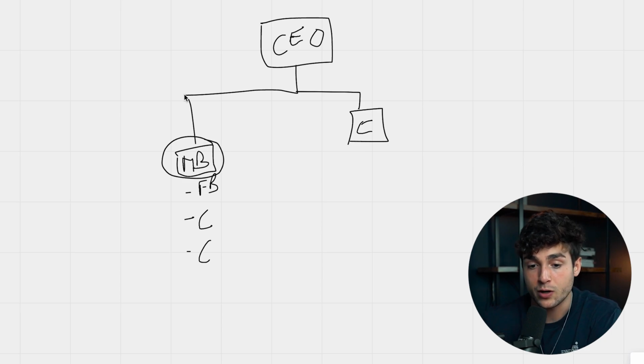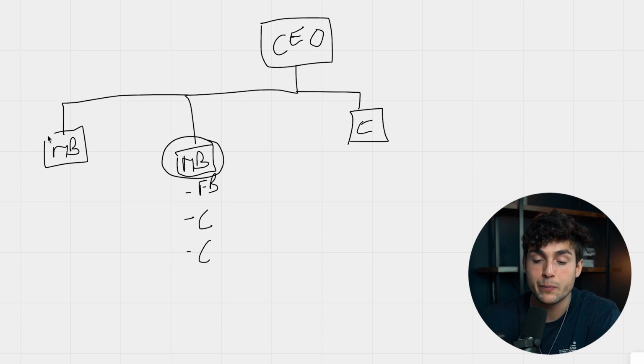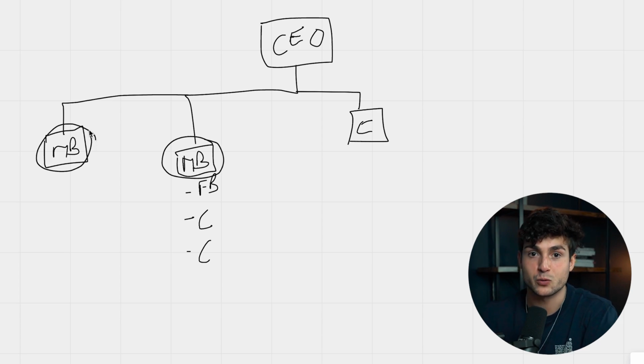Now, as you start scaling, you can also bring on another media buyer, okay? So you can descale and fire a bunch of clients and just keep one media buyer and clients that pay you more, or you can bring on another media buyer, bring on a bit more complexity, but bring the total revenue up, okay? Maybe the profit comes out to the same as if you had fewer clients, but it really depends what type of entrepreneur you are, okay?